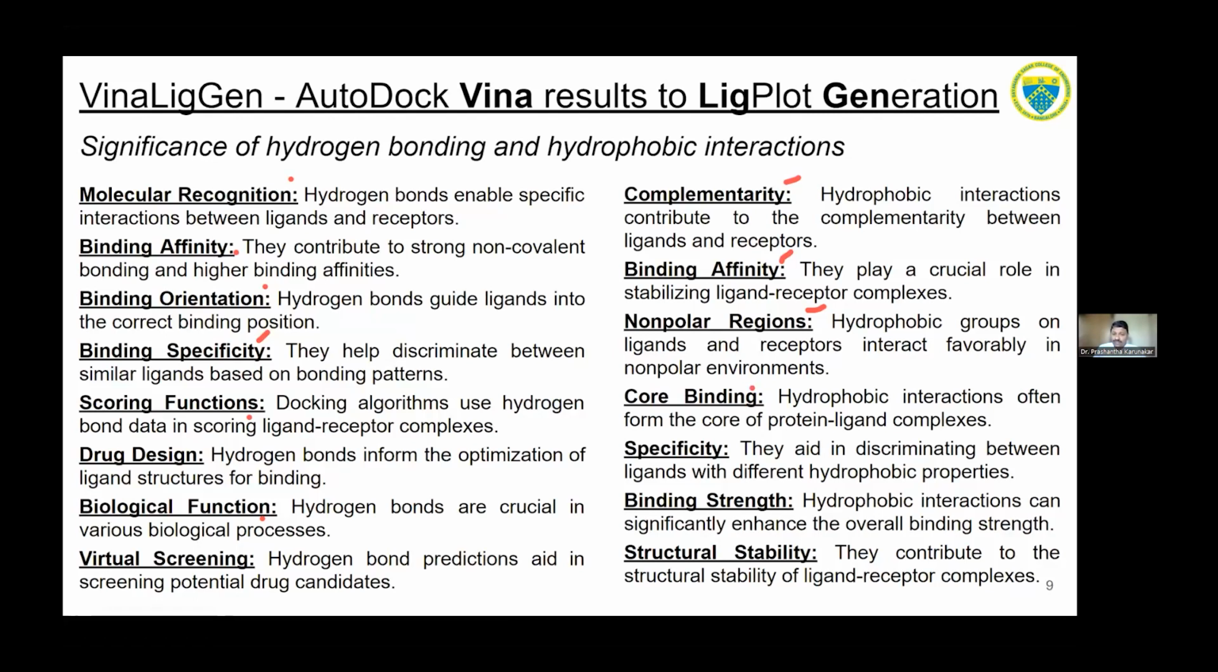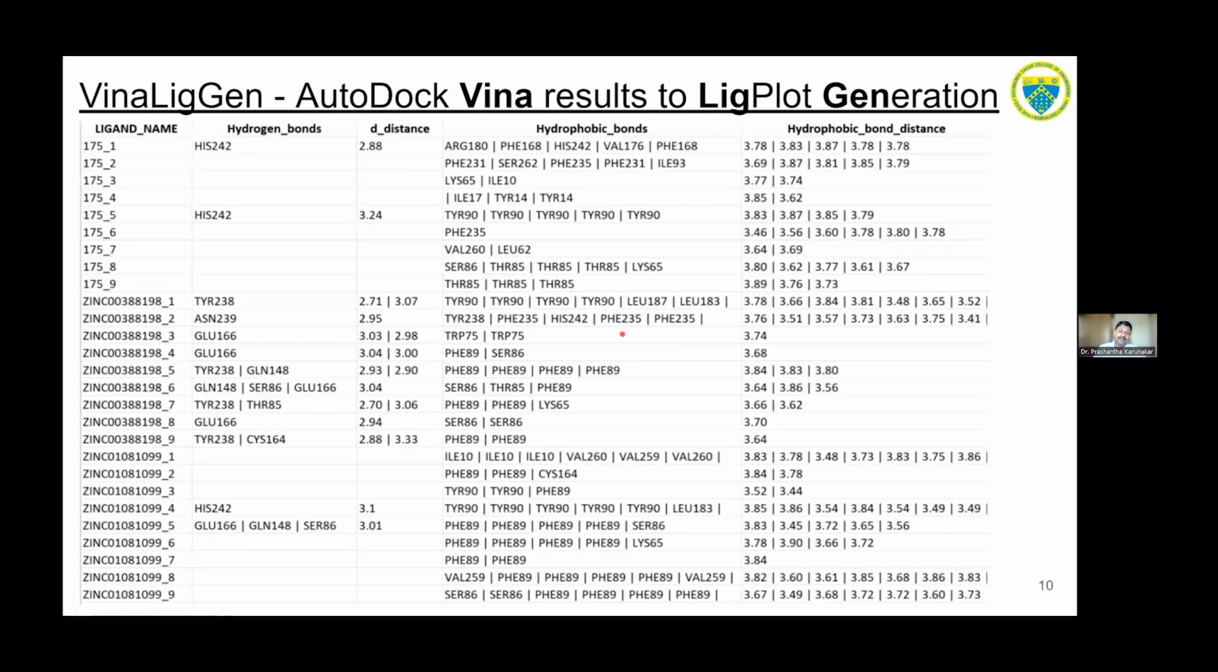And interactions usually happen at the core of protein ligand complexes, core binding. This also helps in specificity, improves the binding strength and brings the structural stability. So these are the advantages. Why are we considering this? Now, if we look at the result, I will also open the same result once